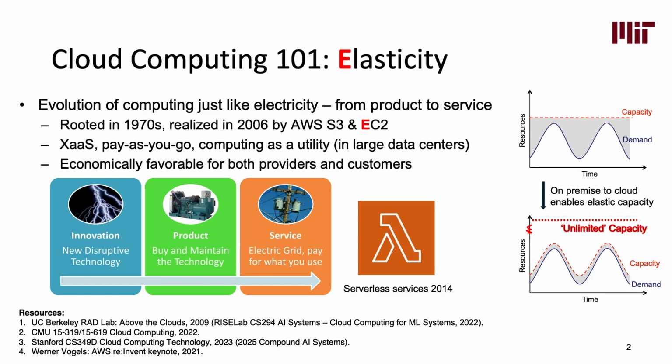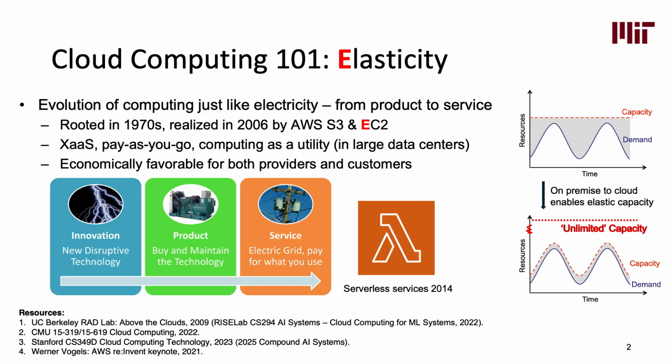First we developed the Maxwell equations and Faraday's law, and eventually we had generators, and people developed motors and lights. Then at some point, more than 100 years ago, those super rich people with mansions thought, okay, I'm going to bring electricity to my mansion. They built their own generators near their house and built transmission lines to their house to power the motors, fridge, and lights. That's where we went from innovations to products.